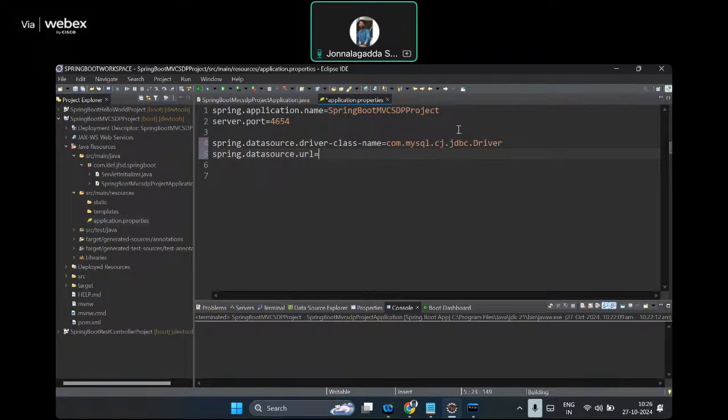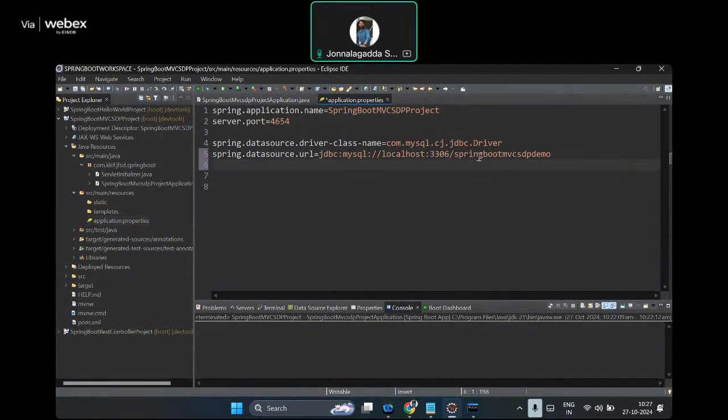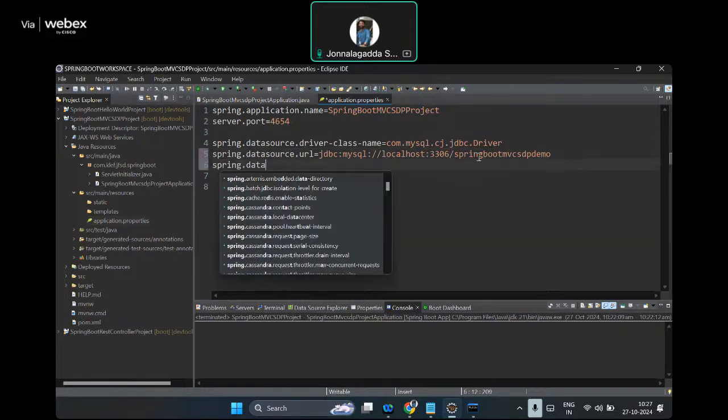Let's try to get any suggestions, no suggestions. So let's type it. JDBC colon MySQL colon slash slash localhost colon port number 3306. That is for MySQL. And I think we created the database. Let me copy paste that so that if there is any misspelling, you will get an unknown database error. Fine. The next one is spring dot datasource dot